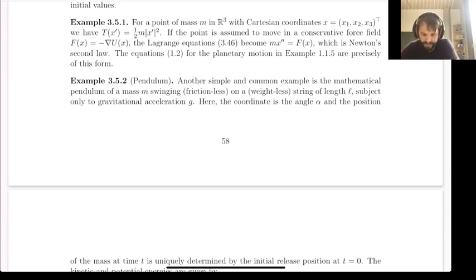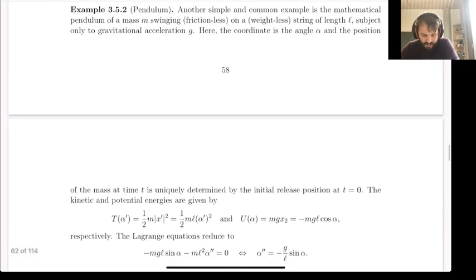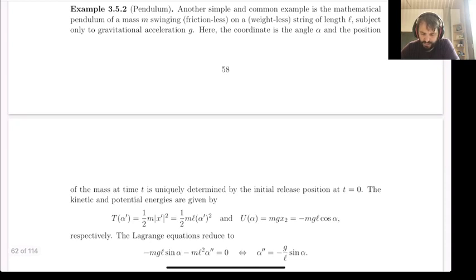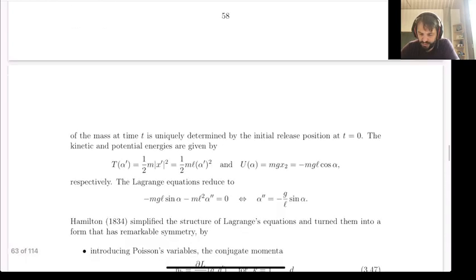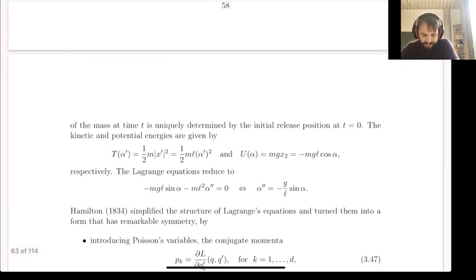Okay, let's see. Another simple and common example is the mathematical pendulum of a mass m swinging frictionless on a weightless string of length L, subject only to gravitational acceleration g. Here the coordinate is the angle alpha, and the position of the mass at time t is uniquely determined by the initial release position at t equals 0. The kinetic and potential energies are given by, so T of alpha primed is a half m x primed squared